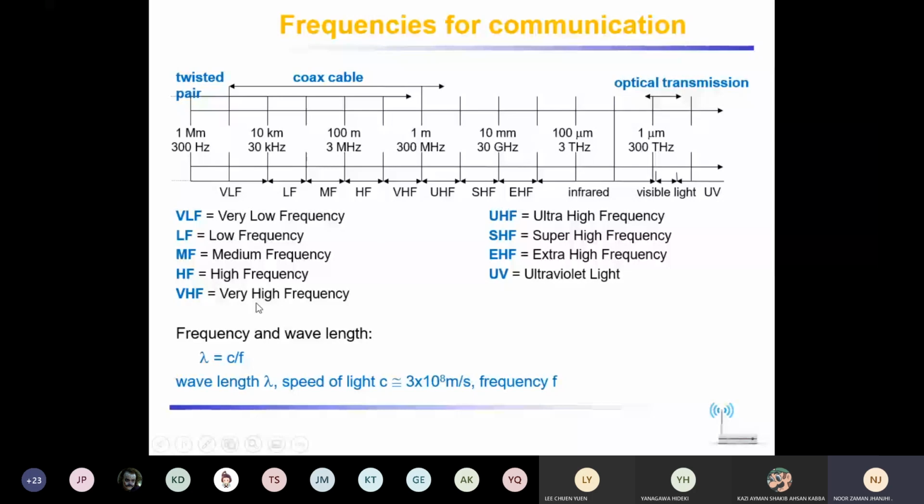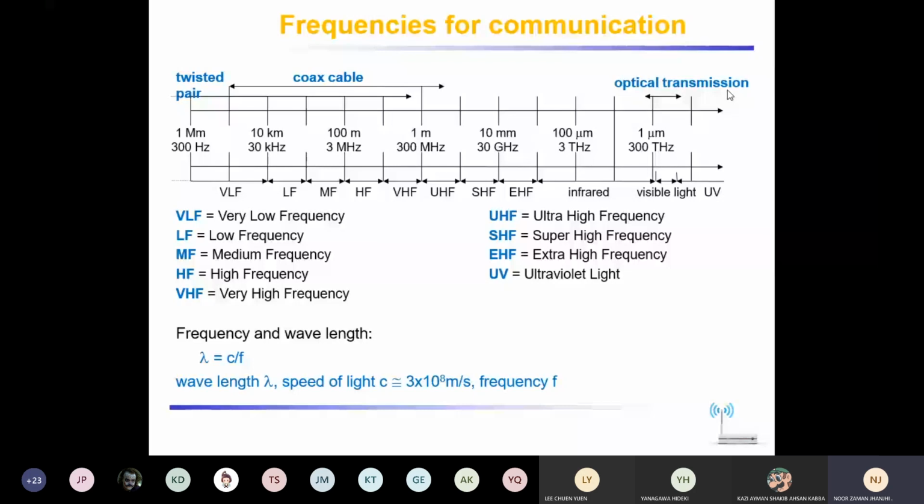This is for the coaxial cable. The coaxial cable takes from this range to this range. I hope you are aware of the coaxial cable. Do you know what a coaxial cable is? It is the cable we use with our dish antennas, with our TVs. We connect it with the TV. That is the coaxial cable. Then there are the optical transmissions, the fiber transmissions and other transmissions. This is only to give you a broad spectrum to understand what frequencies we are using and what they are.